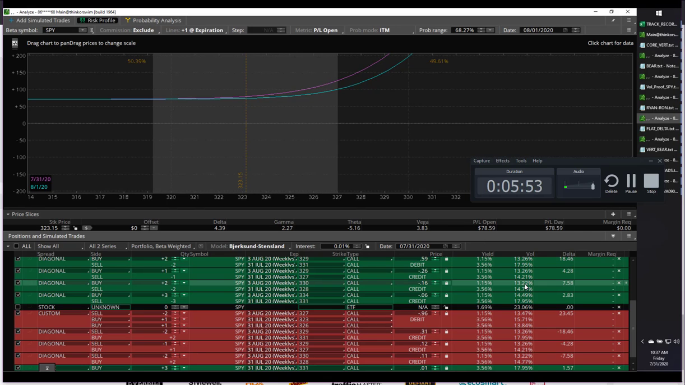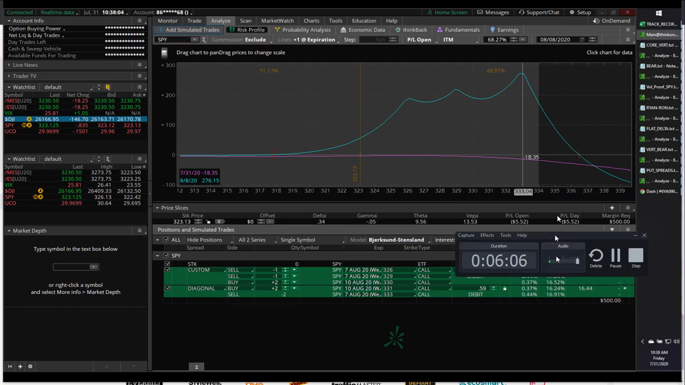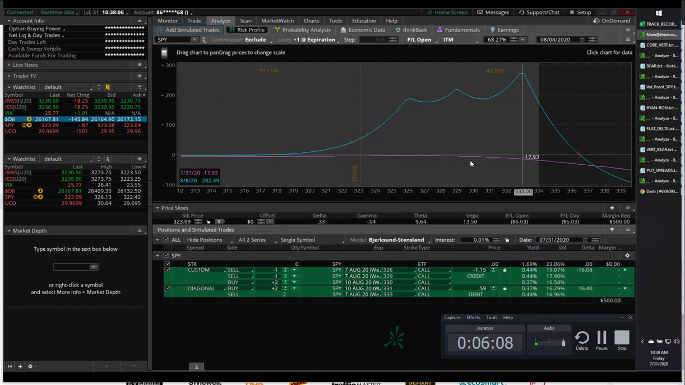So this worked really well, and it's what I was hoping it was going to do. So I'm going to do it again. So I just did it. I got into this trade. I'm actually in this trade now, and I'm going to be looking to do these diagonal credit spreads